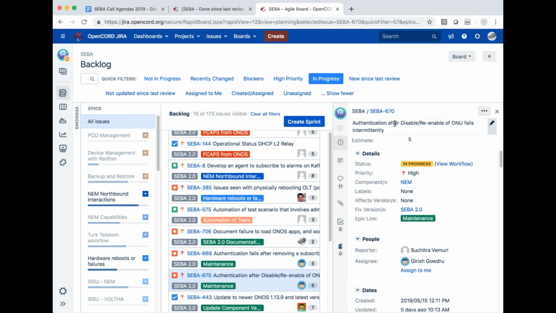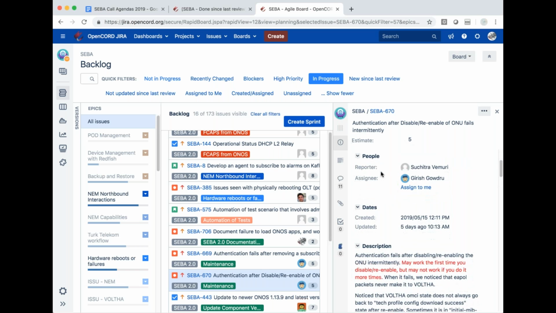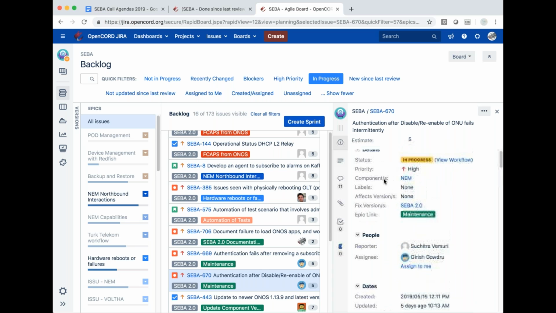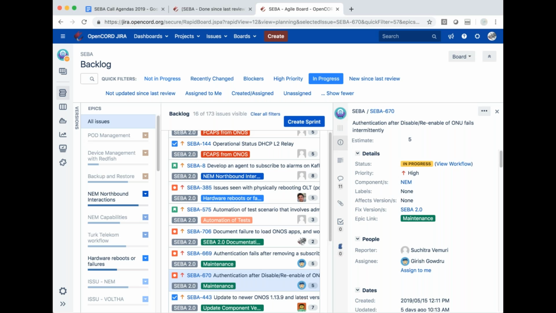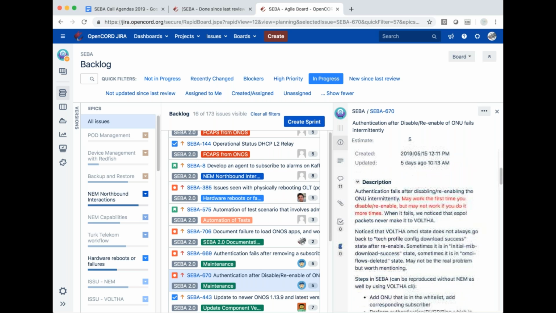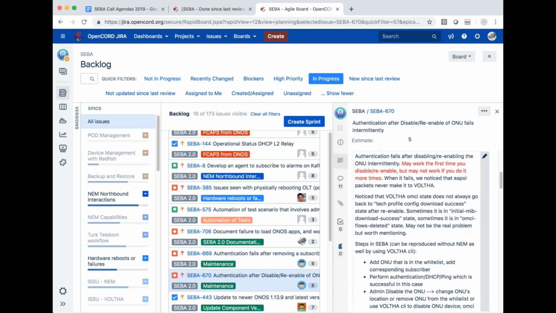670 is authentication after disable, re-enable of ONU fails intermittently, and this also was assigned to Girish. But Suchitra, can you speak? Yeah, sure. I think this has happened multiple times, as far as I remember. I need to go back and see what's going on in this because I've been following the issues which are higher priority.